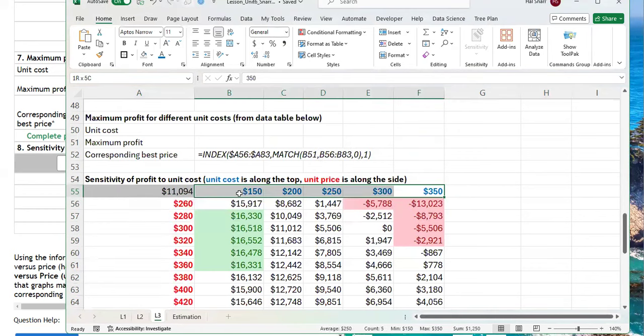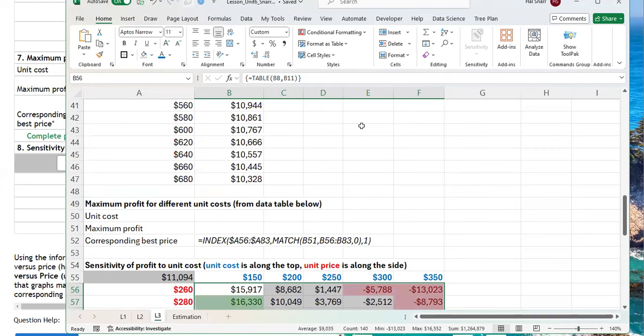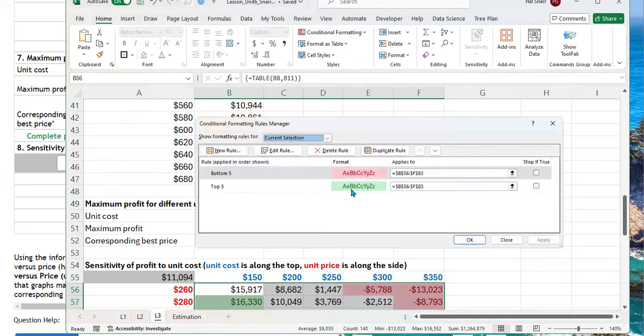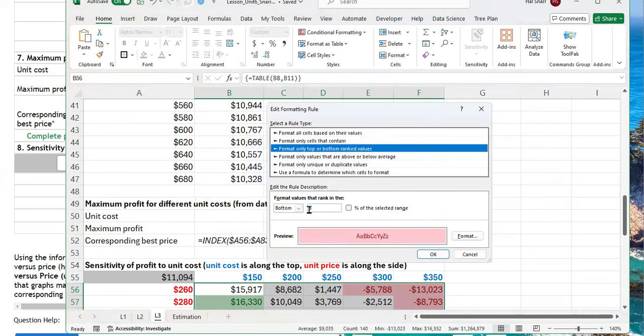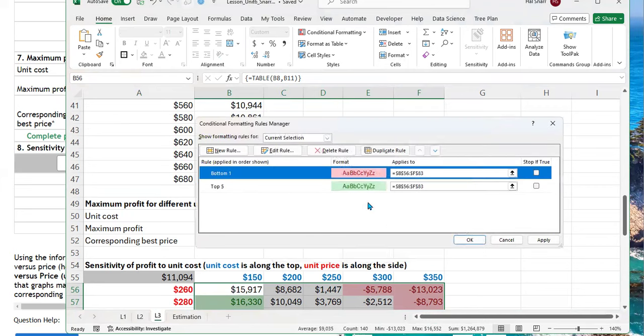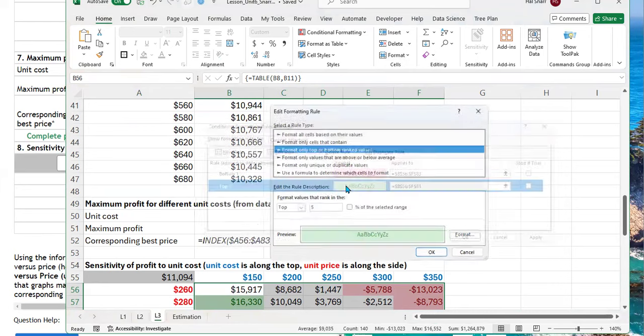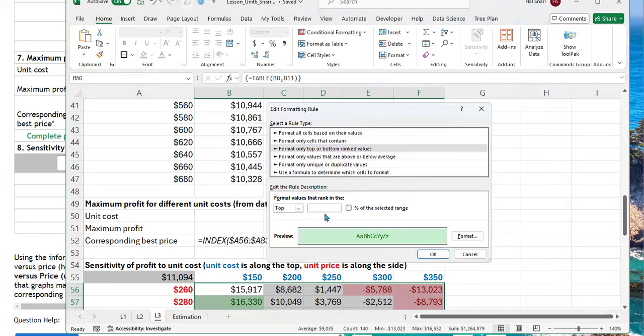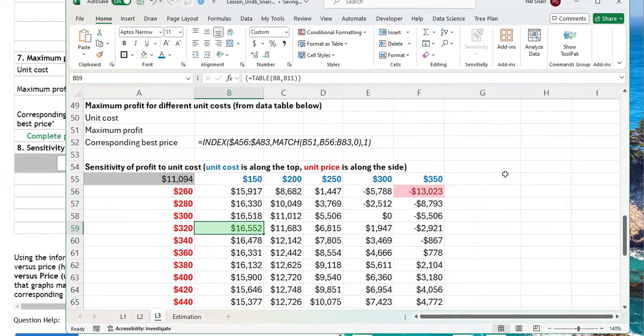If I can lower my cost to 150, I'm going to change these rules. I'm going to go back to conditional formatting, manage rules. I'm going to change that to bottom 1. And I'm going to change this one to top 1. This green box is the maximum of all profits when I allow costs to go from 150 to 350, and allow prices to go from 260